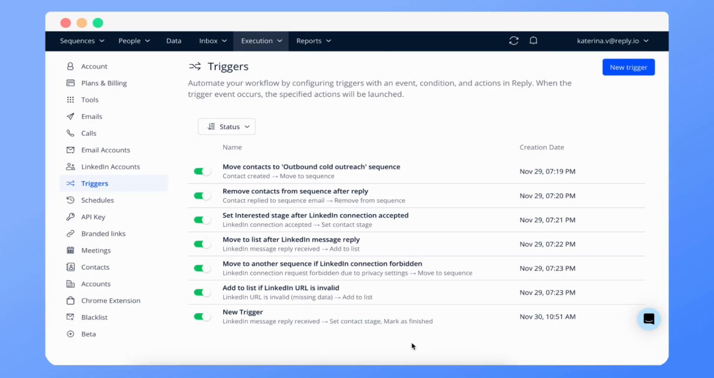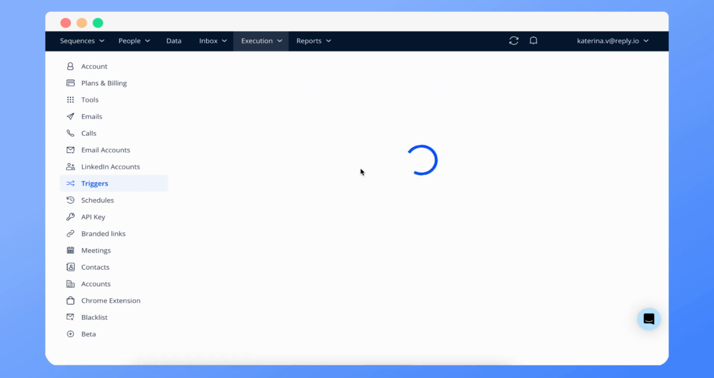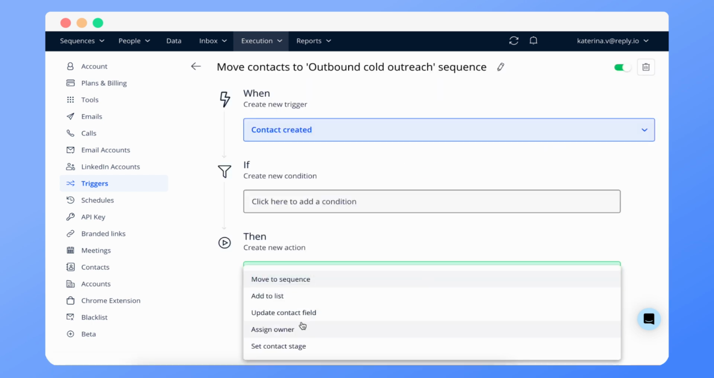Create and customize different triggers and tailor them to your specific needs. Managing these triggers is easy on the Triggers page. Here, you can duplicate or delete triggers. You can also activate or disable the triggers for some time. In addition, you have the ability to edit a trigger itself and modify the